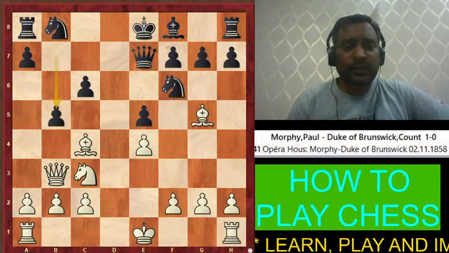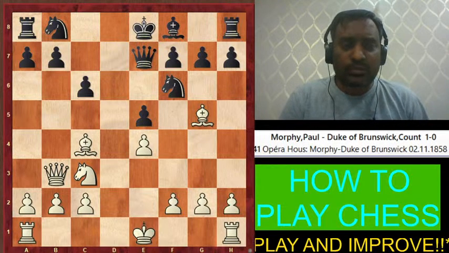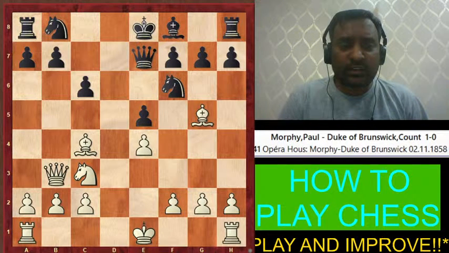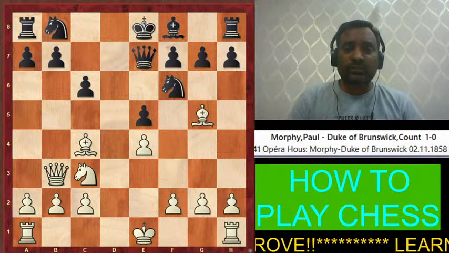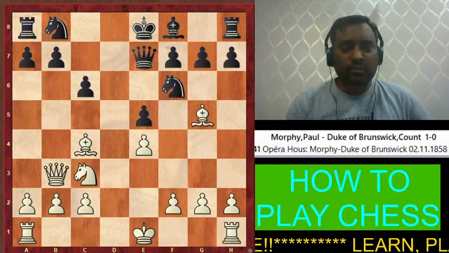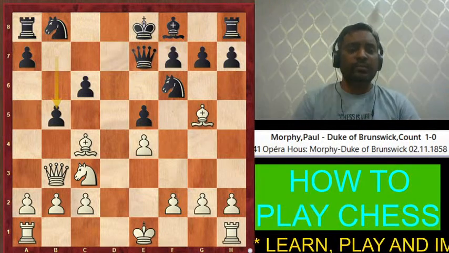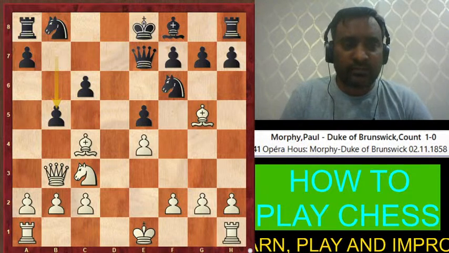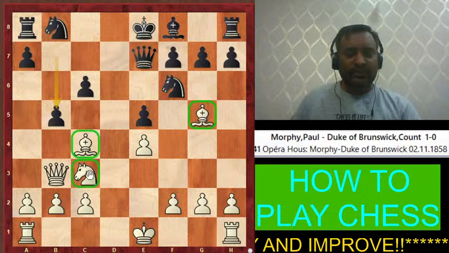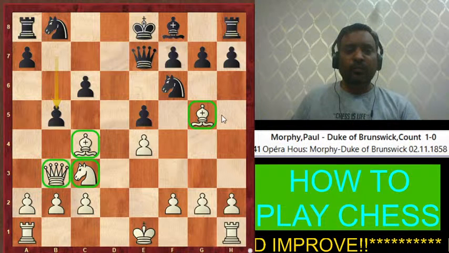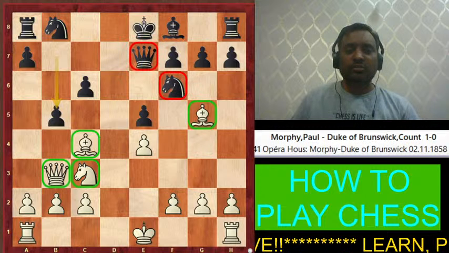The opponent just played b5 here because everything is going to be losing for them now. For black, even though only 9 moves have happened so far, still this position is not good. So they just thought of playing b5 and attacking the bishop. But here Paul Morphy was ahead in development. He had two bishops, knights, queen, four pieces developed, and at the same time black only had two pieces developed.